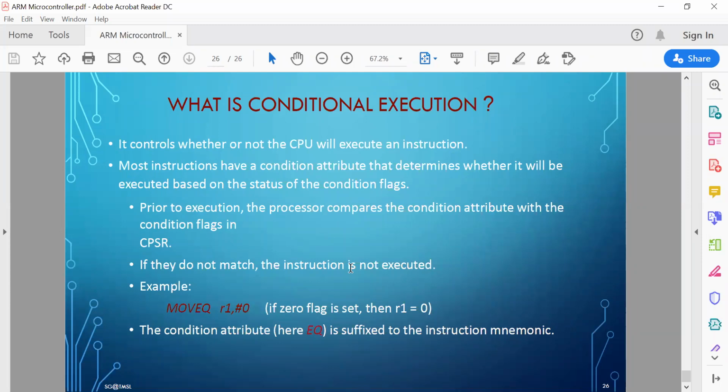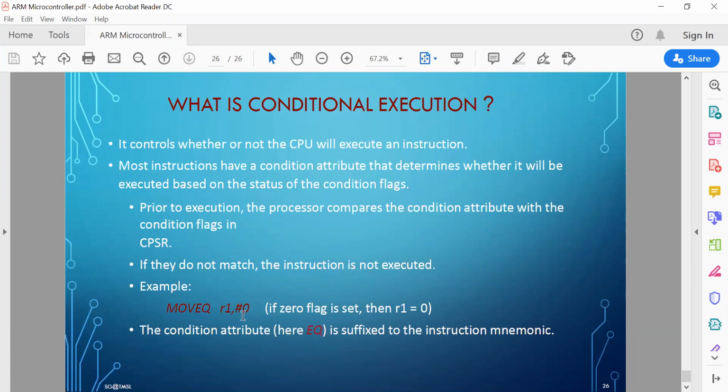Let me take an example instruction like this. Normally, if you do not use this EQ, just imagine that EQ is not there. MOV R1, #0 means R1 is initialized as 0.